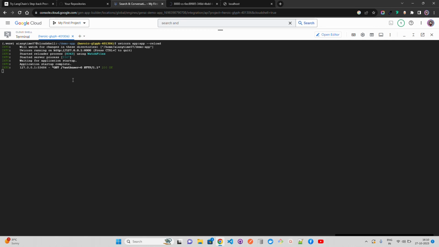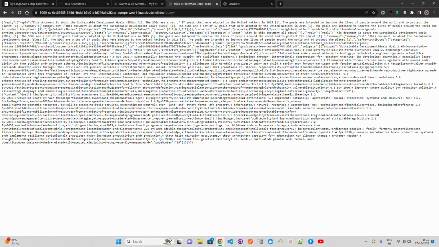Once you click on submit, let me go back to terminal and see, it will generate a post response which is right. You can see the response we have got. The query that I asked is, what is this document all about? So the answer is, this document is about the sustainable development goals. The SDGs are a set of 17 goals that were adopted by the United Nations in 2015. All the answers are here, and then you have all the context retrieved and relevant chunks and everything, page number,